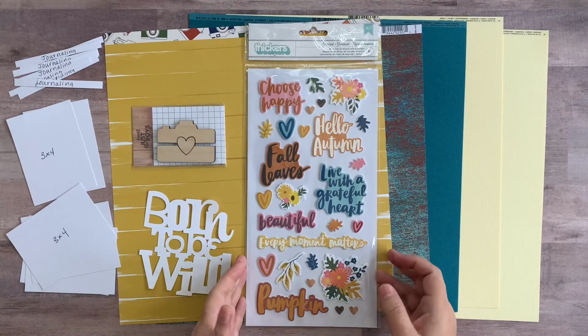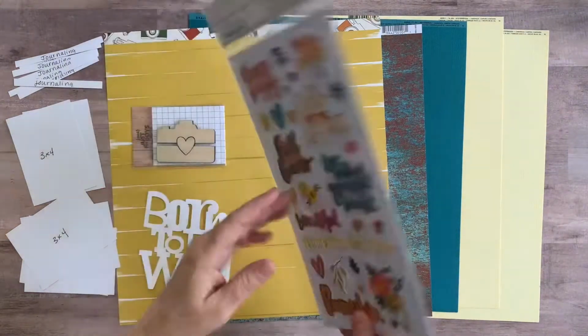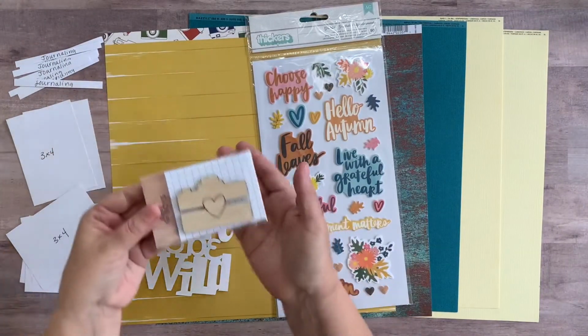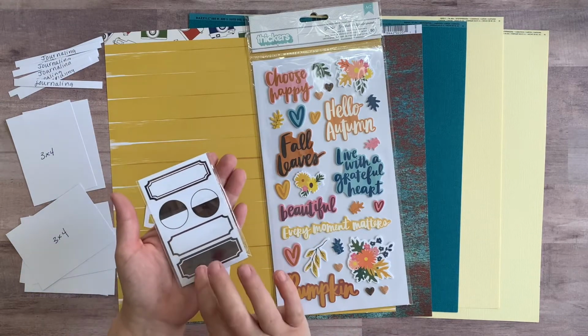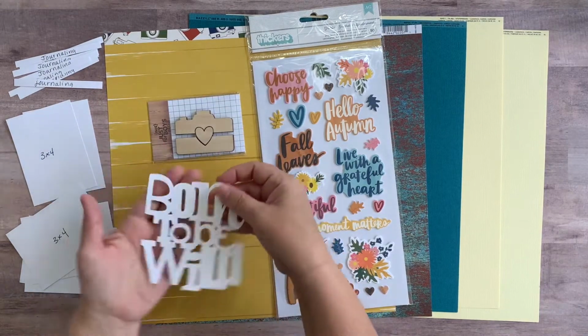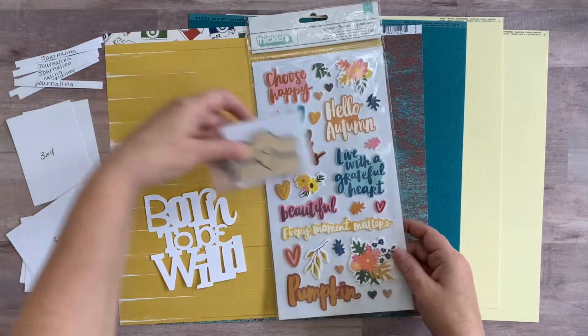So first I want to go over what's in the page kit. You're going to get these thickers by Amy Tangerine. You're going to get a custom camera wood veneer, and you're going to use this packaging on the back, so don't throw it away. You're going to get the title, Born to be Wild, cut on cardstock, and you are